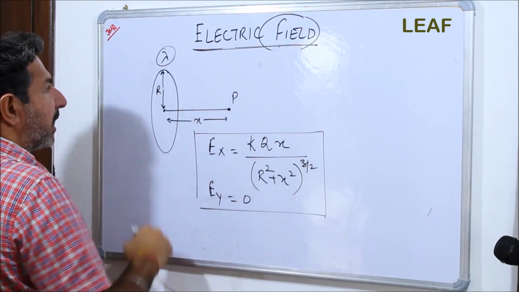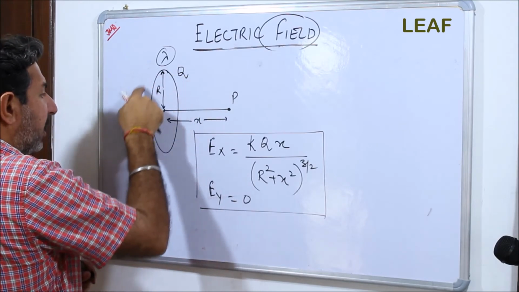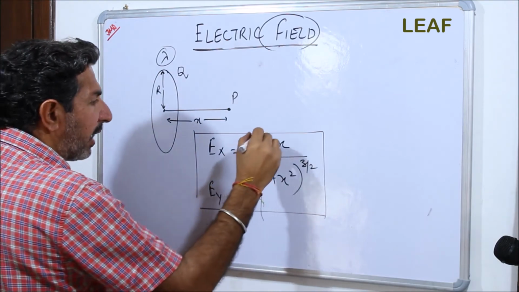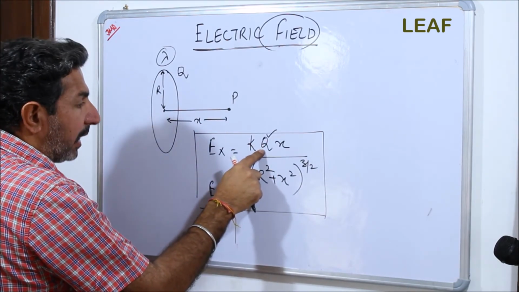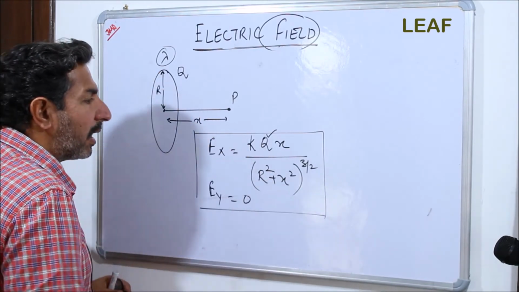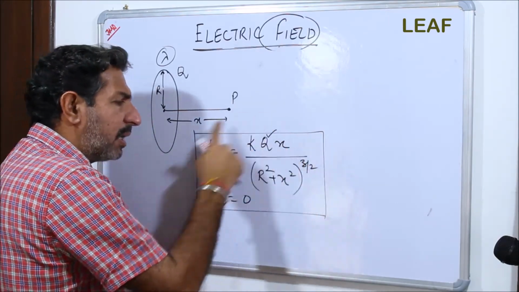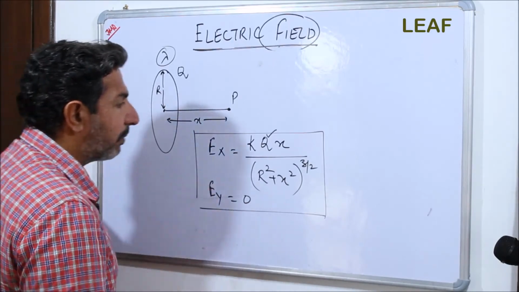Of course, the linear charge density is lambda, or the total charge is q, because the radius is r, so 2 pi r into lambda becomes q. So I have written it here as q, or I can express it in terms of lambda also. So q will be lambda into 2 pi r. This is what we can replace also, but this is the most convenient and most common expression, so please just note it down. This is again very important.